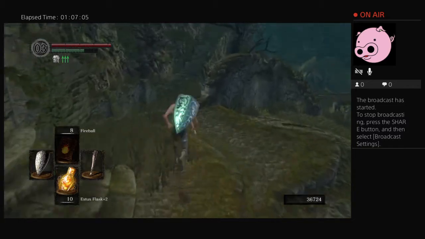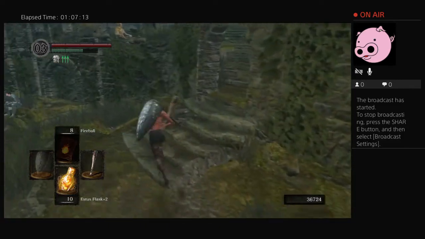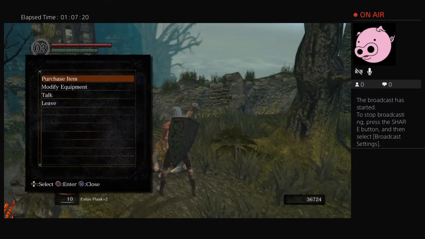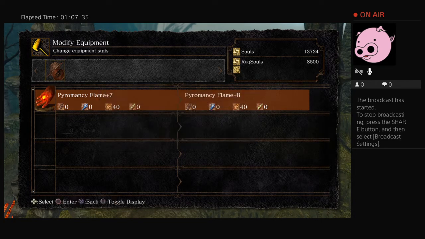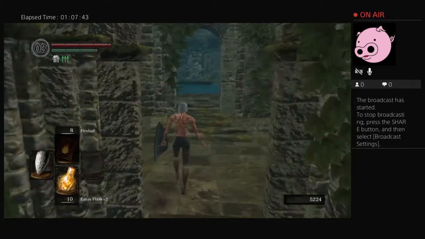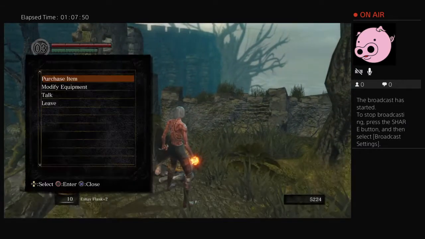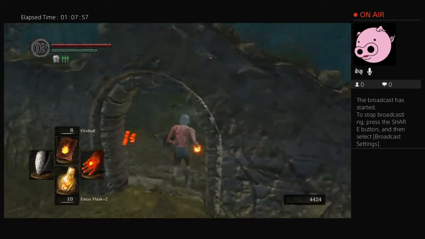What I can do right now is have a word with our boy Laurentius and start upgrading my pyromancy blade. Because I want to stack uses of that spell, so...